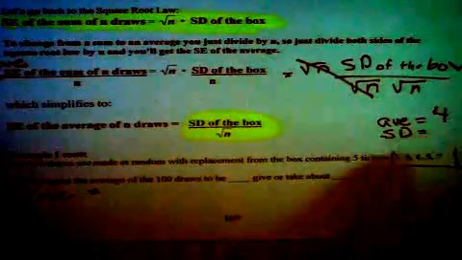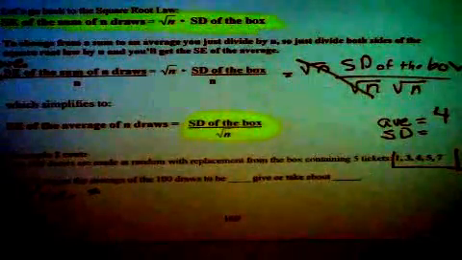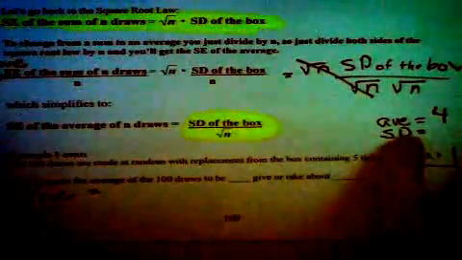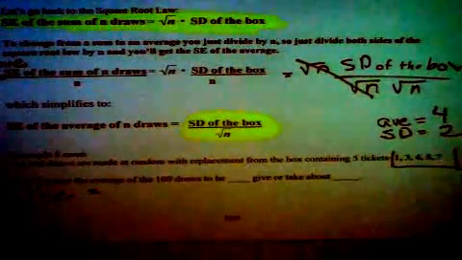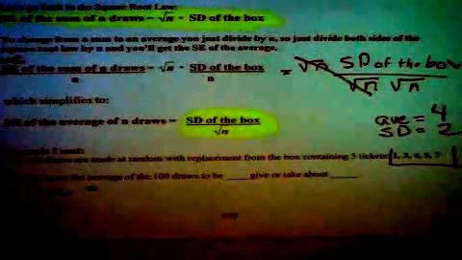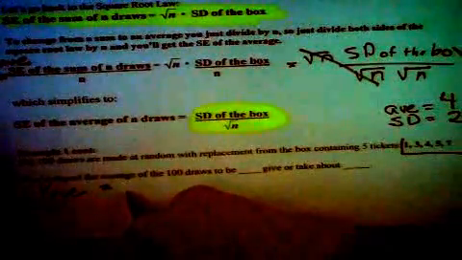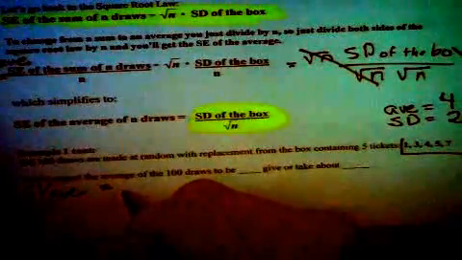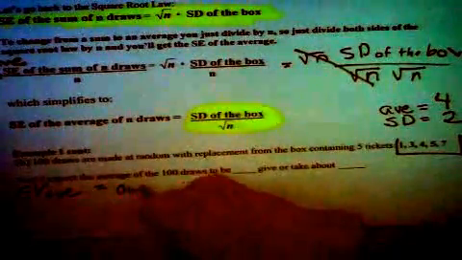You'd have to subtract 4 from each one of these, get the deviations, square them, take their average and take their square root. So is it okay if I just tell you what it is? So that's 2. All right, so we'll do this one together first. So the expected value of the average is a no-brainer. It's no formula. It's just the average of the box,